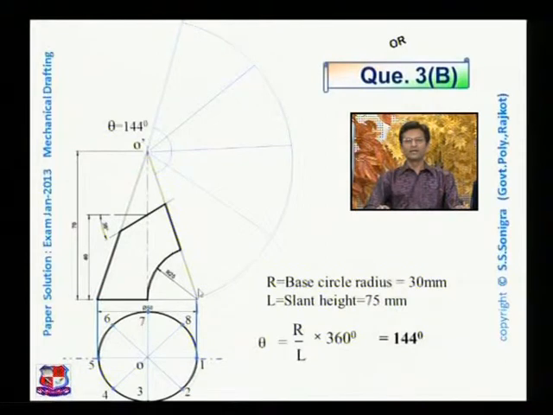and project all these points in top view, and then divide this angle into the same number of parts. Here we have divided this circle into 8 parts, so divide this arc into 8 equal parts. Total is 144 degree, so 72, 72. Again divide into 2 equal parts, 36, 36 degree each, and then again divide into 2 equal parts like this. So that is the 8 equal division of 144 degree angle theta. If this circle is divided into 12 equal parts, here we also have to divide into 12 equal parts. After dividing this arc into 8 equal parts, let me name the points in front view.